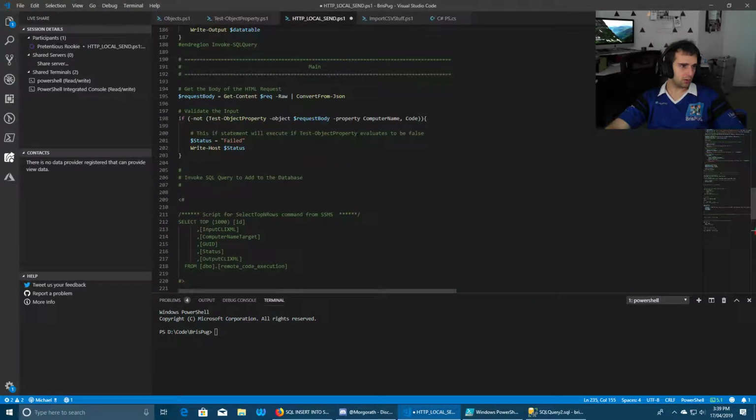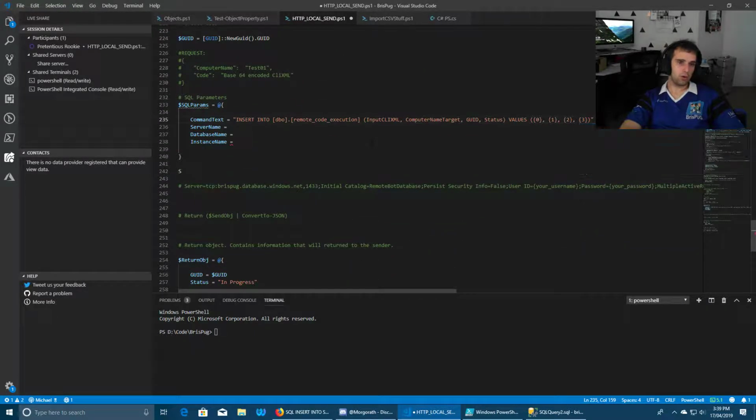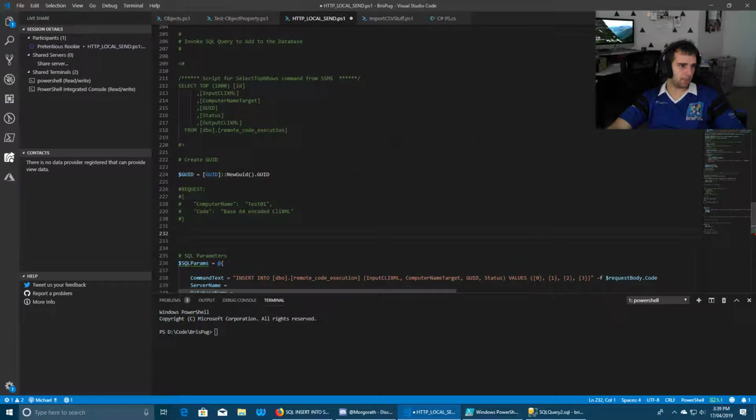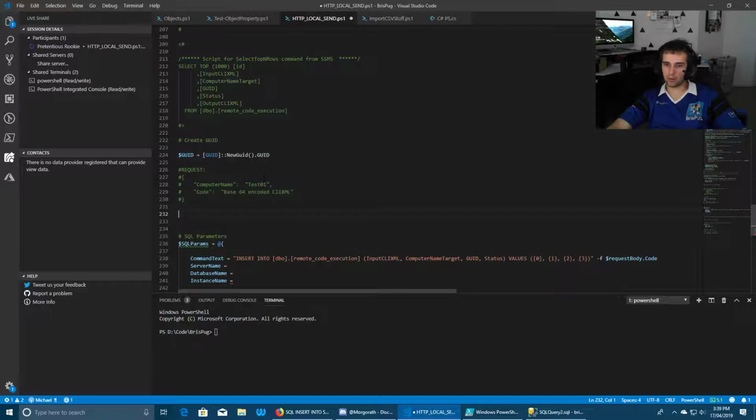dot code. Oh, no, we're going to fix this up, because this is going to be a huge query. So what we need to do, I'm kind of humming and hawing at the moment.